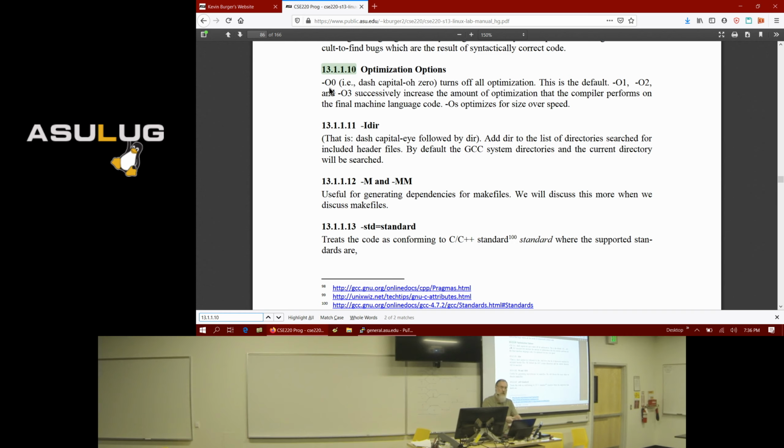It may not run as quickly, or it may use too much memory. So you can specify different levels of optimization to the GNU compiler, and the compiler will perform additional steps before it generates the machine language code in order to try to generate the most efficient code that it can.